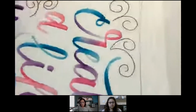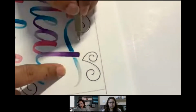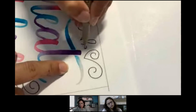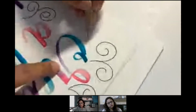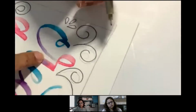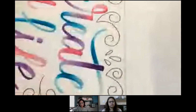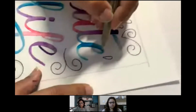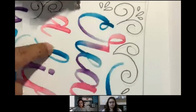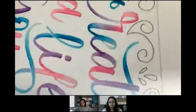Now with the same fine liner, I'm going to add more little details in these other areas. I call them petals or drops, flowers. You can use hearts or lines. Because I want to cover the shape. Here. Not too much, not too many doodles,